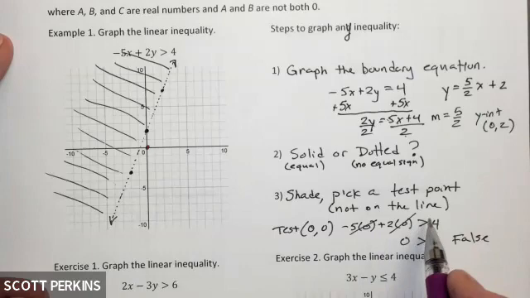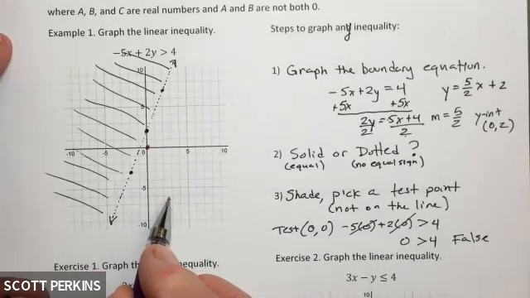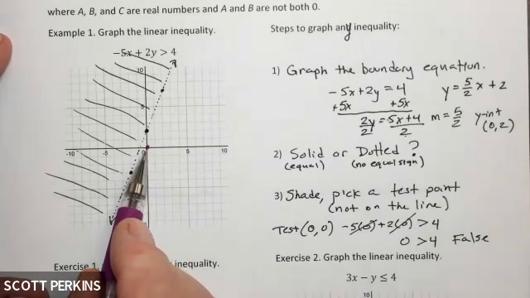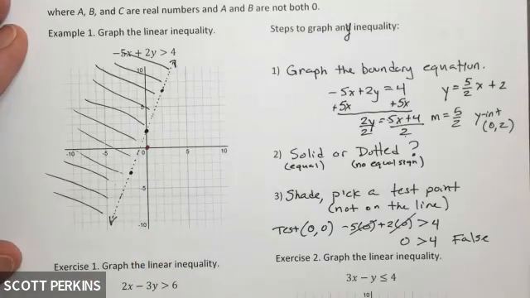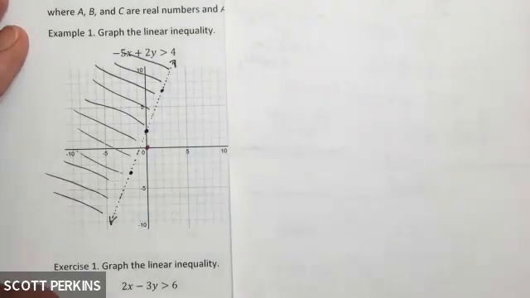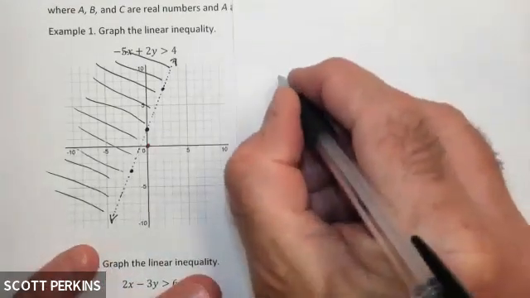If the sign was less than 4, then this would be the side I'd want to be on. And so that tells me, okay, where this purple dot is, that is not the side I want to be on. I got a false statement. So let's go ahead. You don't have to write this down if you don't want to, but I just want to show you what would have happened. So let me do this. Let's pretend. So we're in the land of make-believe. Let's pretend that I had tested